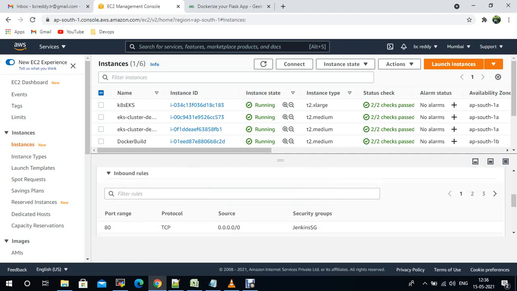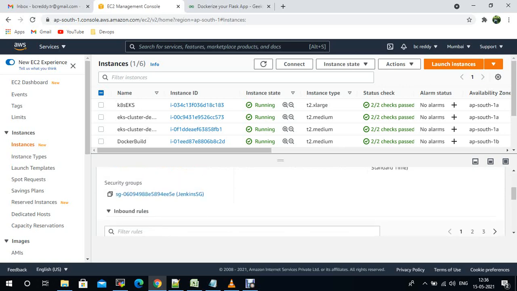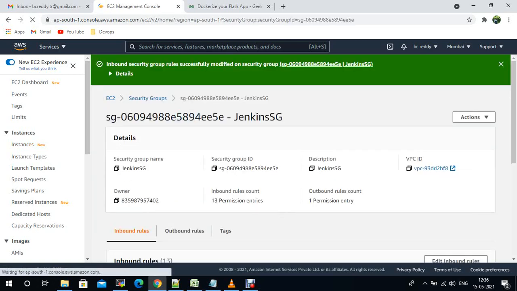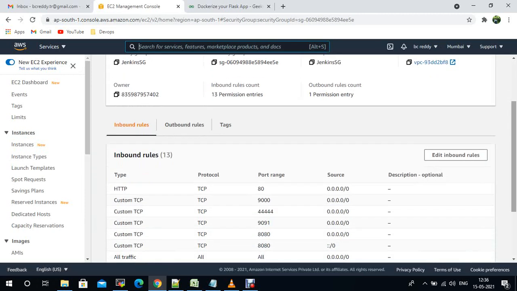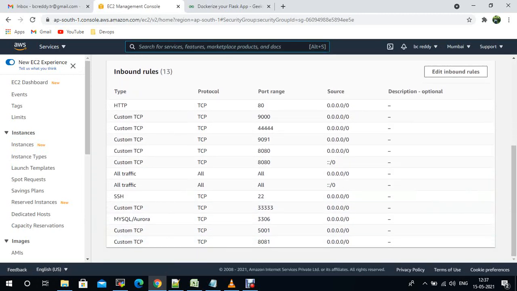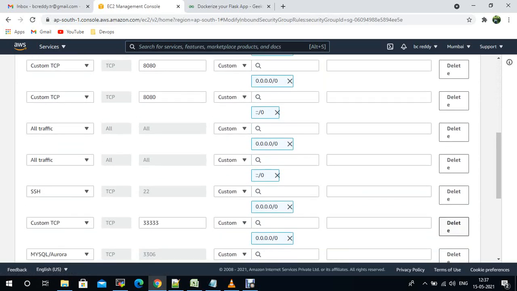Let me show you the opened ports. See, 5001 I already opened. If you want any port number, you just need to click edit inbound rules, add the port and save it.